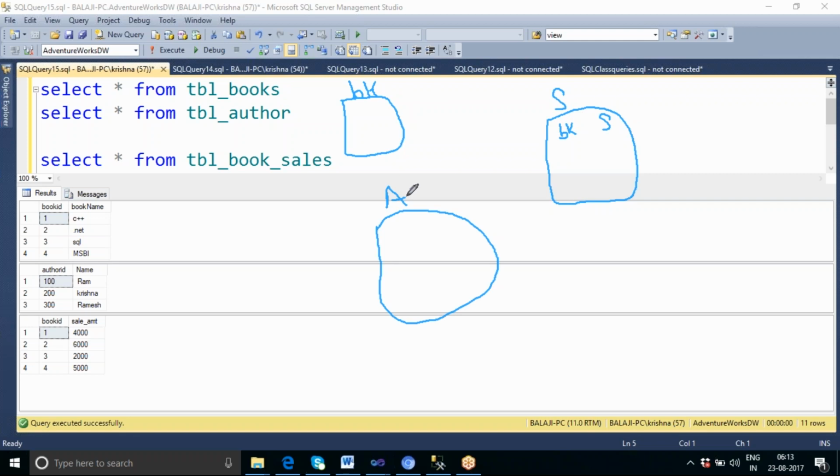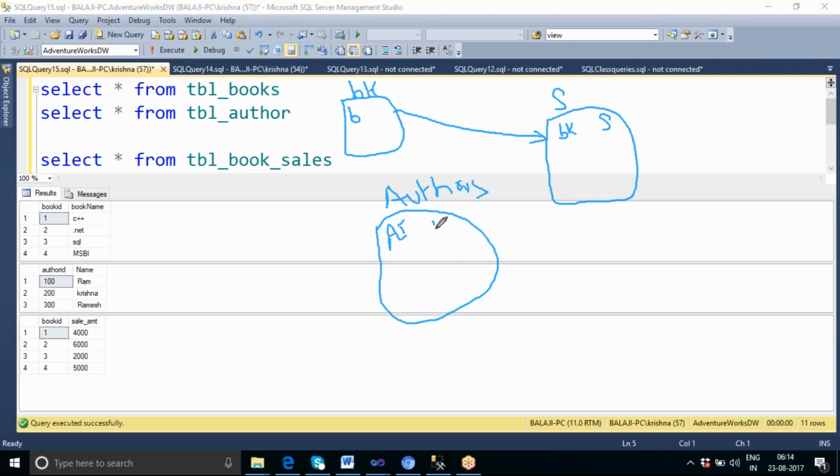Now, after creating a cube, if the customer wants to see book-wise sales, then I can join these two tables using the book ID and get the book-wise sales. Now what about author-wise sales? How much amount do I have to pay for each author? So I have to get the author-wise sales also. So I have the author ID.